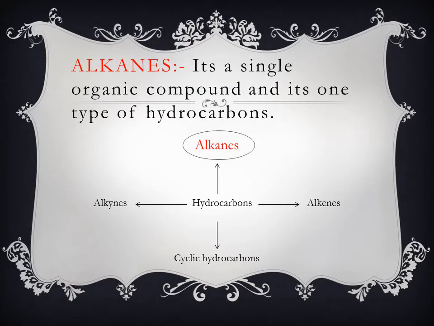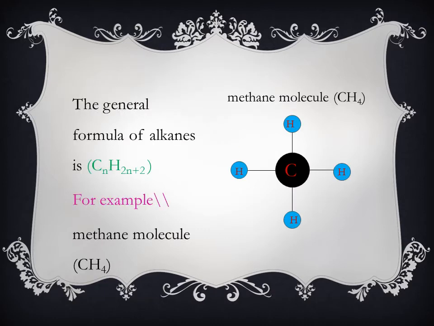Alkanes. Alkanes are organic compounds, and they are one type of hydrocarbon. As you see there, hydrocarbons have four types: alkanes, alkynes, alkenes, and cyclic hydrocarbons. We will take alkanes. The general formula of alkanes is